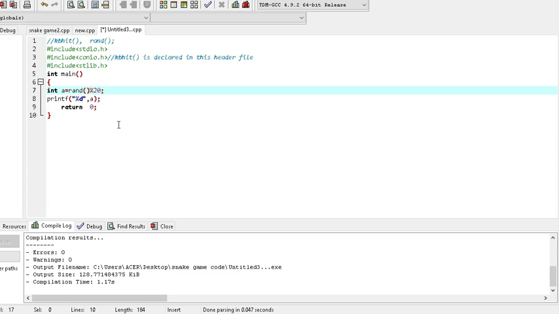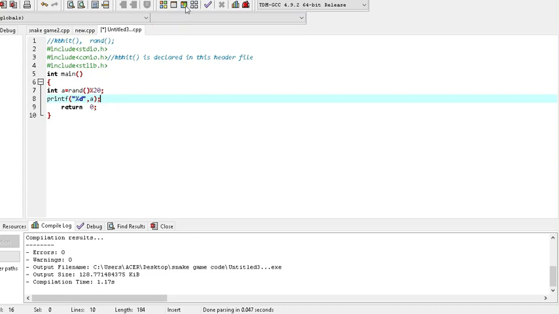The answer will definitely be less than 20, because when any number is divided by 20, the remainder is definitely less than 20. That remainder we store in the variable a, and we print this a as our output.